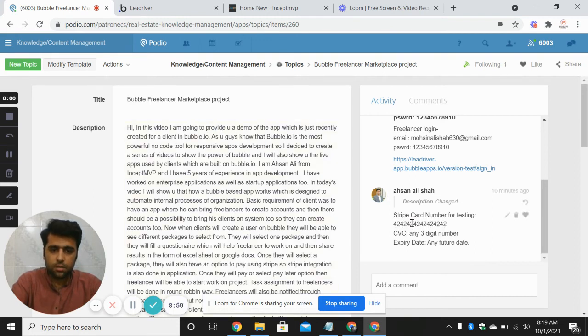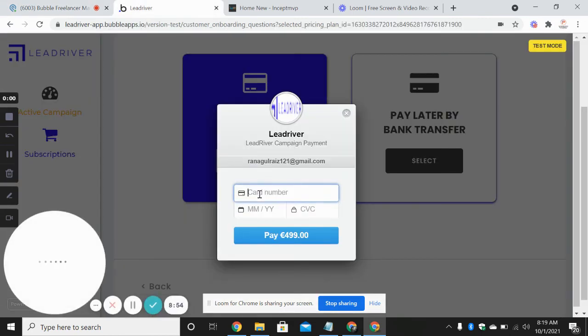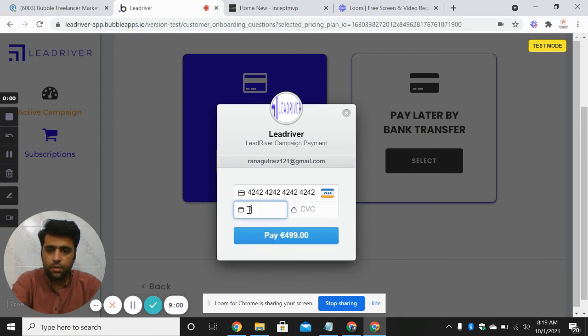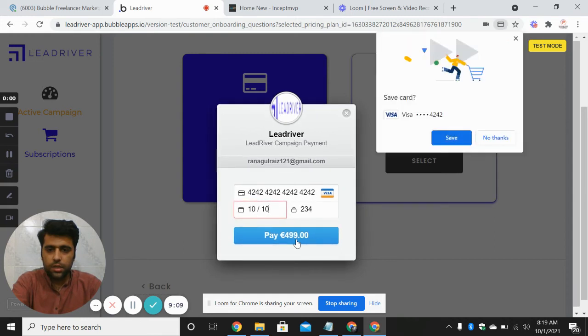This is a test card, does not have actual money, and I can put a future date here, 10 10. Oh, sorry, 10 10. So this will be the future date. I can put any of the CVC code. I will click on this button.